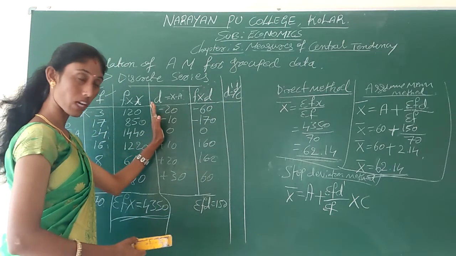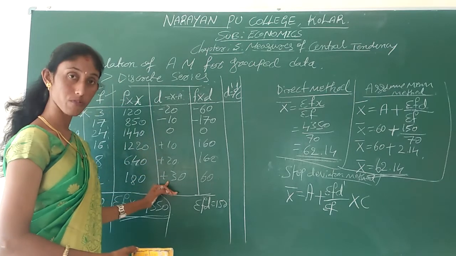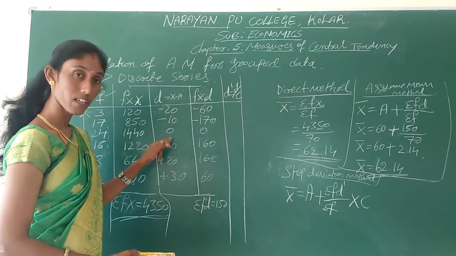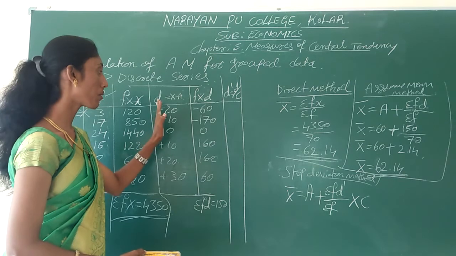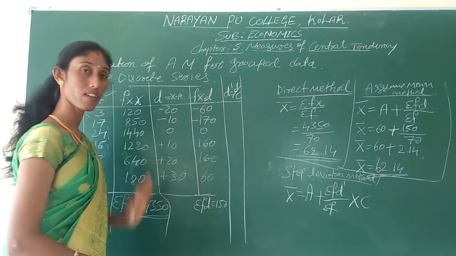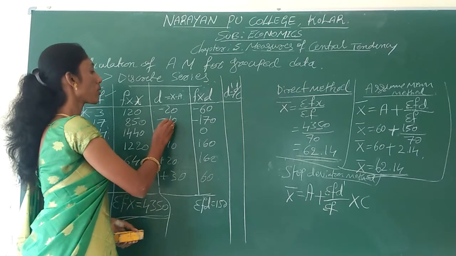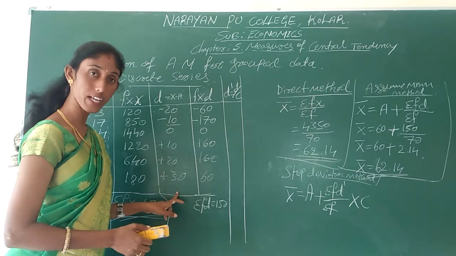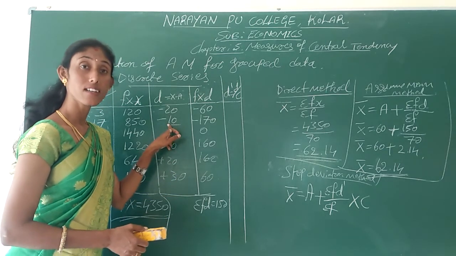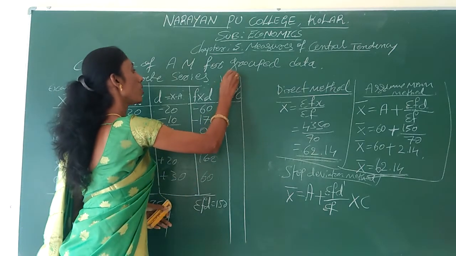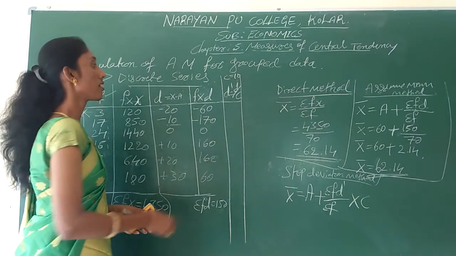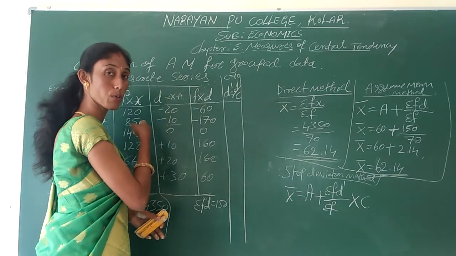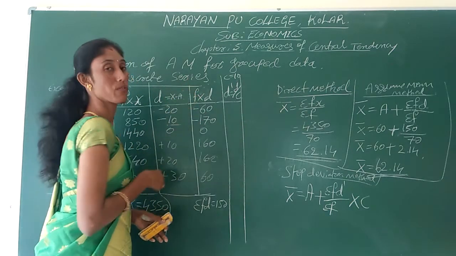In the deviation values, which is the common factor that we should select, and by that common factor we should divide all the deviations. Common factor will appear in all deviation values. Now I am going to take the common factor as 10. Except 0, 10 is appearing in all the values of the d, right? Then take the common factor as 10. Here common factor how much we have taken? 10. The deviation values we have, now these deviation values we are going to divide by the common factor.